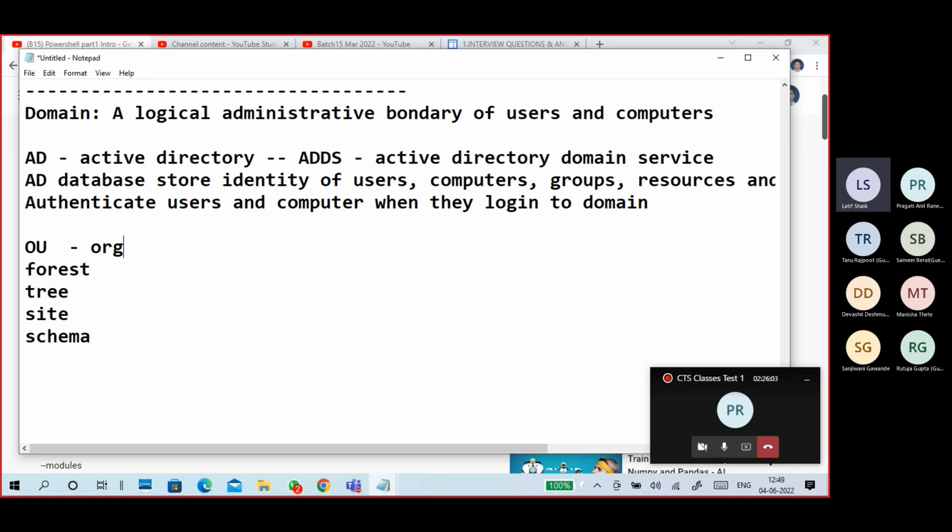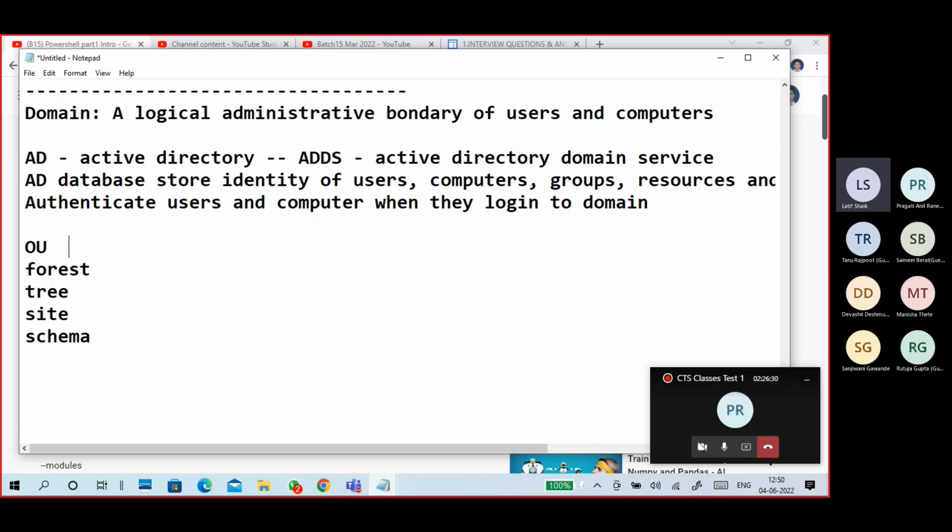OU is organizational unit. If I type it out, it will take time. We organize the users, groups, and computers into different OUs, so we can easily apply group policies and define delegation of control over the OU. That's why we are creating OUs.